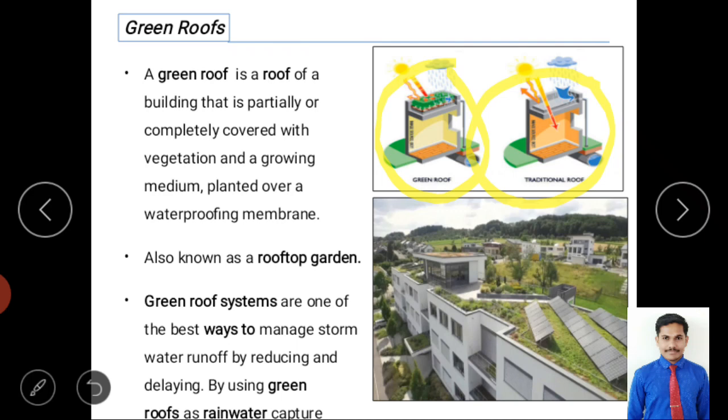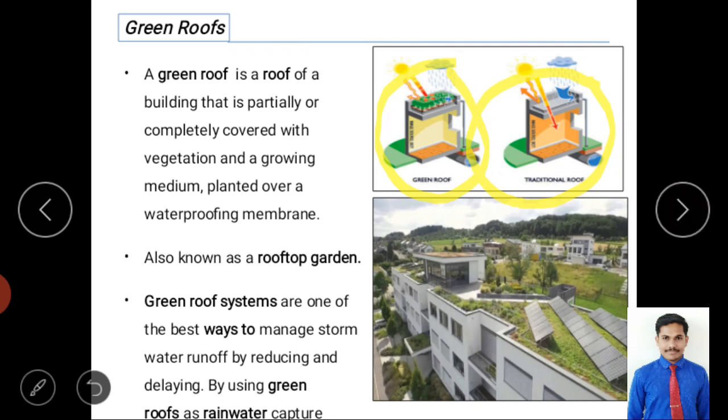So that's what it is: detention storage or retention storage. It gives the water out as a slow process, and it will increase the evaporation losses. And it acts like a filter also. And you can even collect this water in a tank, right? And it is an environment balancing condition, and it reduces the pollution of water, and it provides storage also, right? It is also known as a rooftop garden, right?